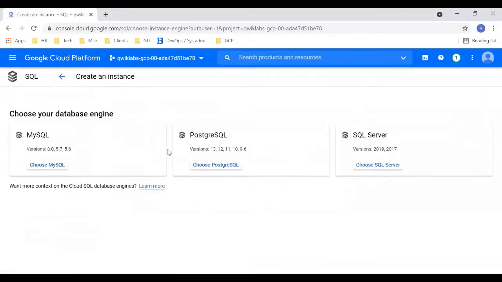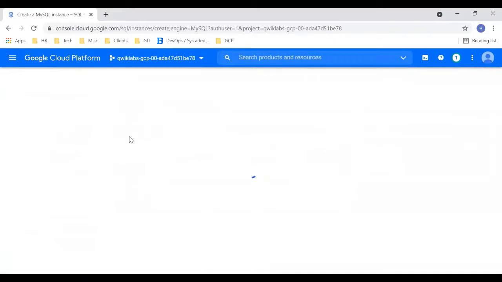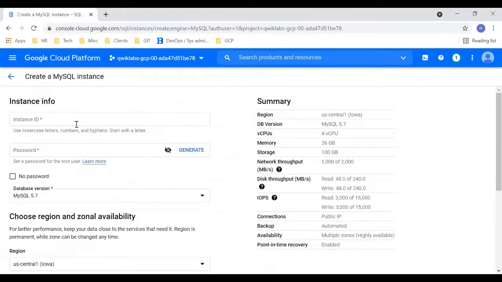Now we need to choose one database engine, and since we are working on Cloud SQL, I will choose MySQL. The name of this instance, I will type BlockDB, and for the password, I will just keep it simple. So I will again type BlockDB.